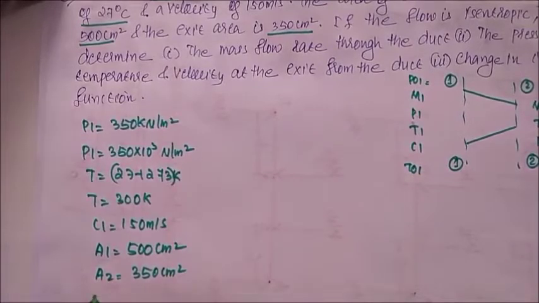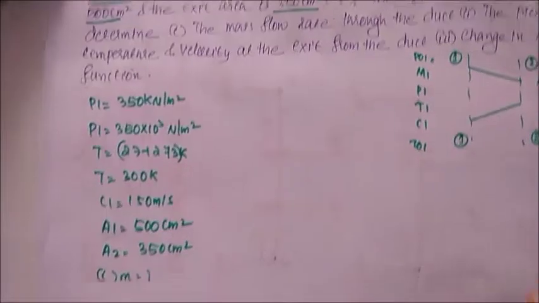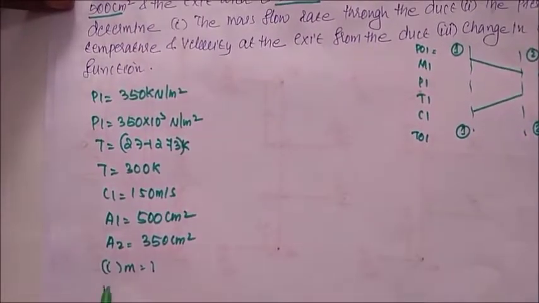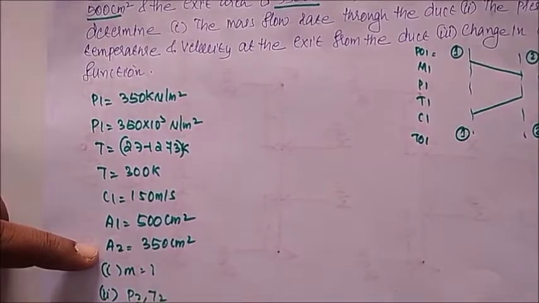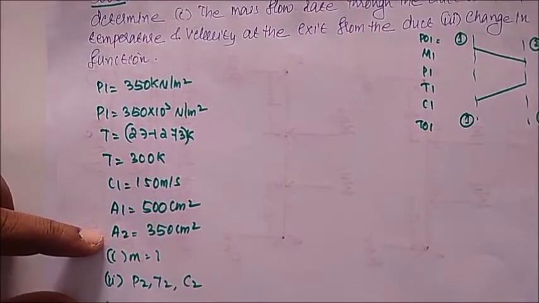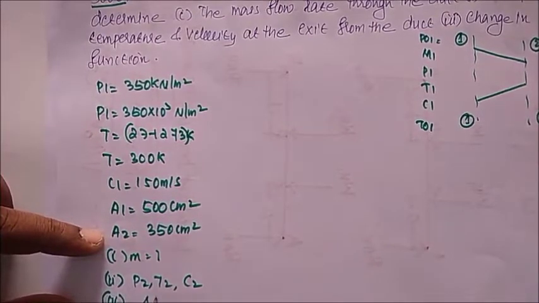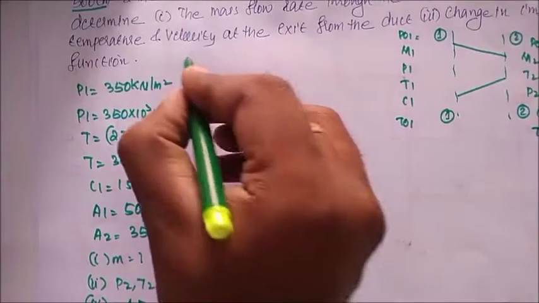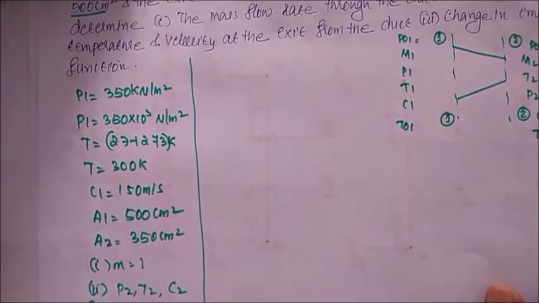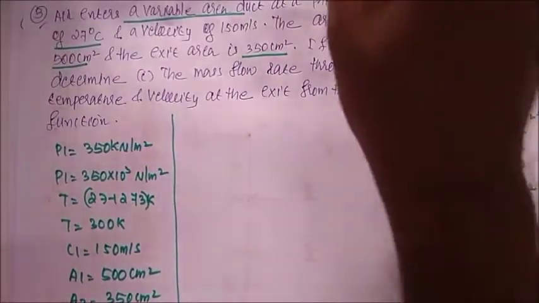We have to find out the mass flow rate, the value of the mass flow rate. Next, we have to find out the pressure, temperature and velocity at the exit. Third, the change in impulse function. Impulse function is represented by the capital letter F. We have to find out the change in impulse function. Okay, before going to this problem, I